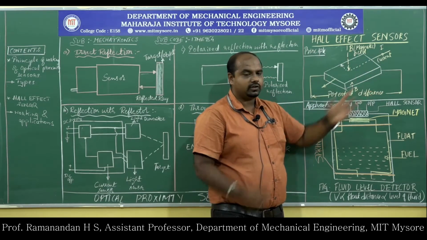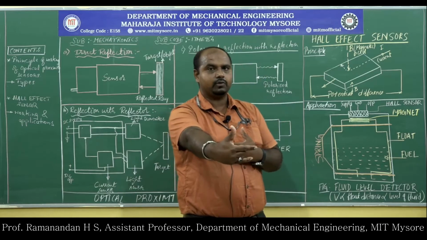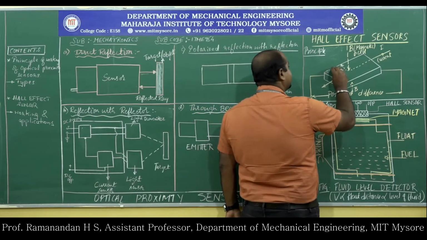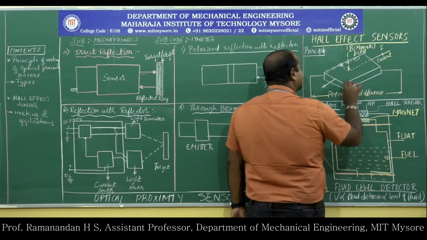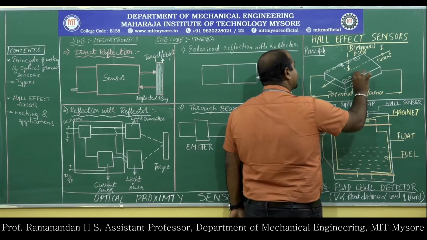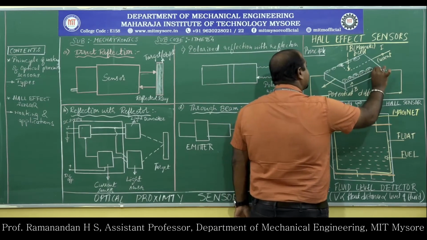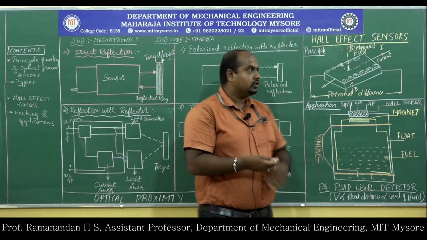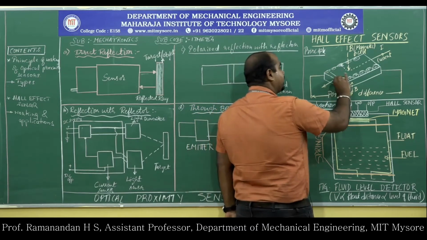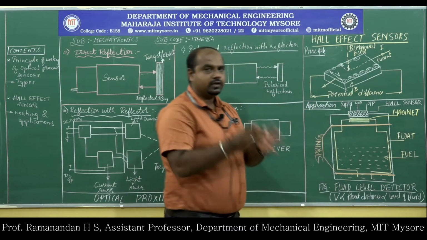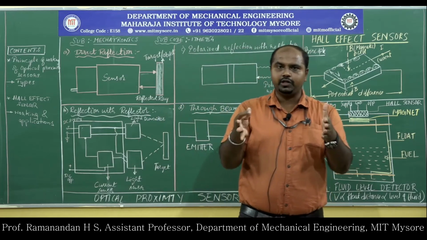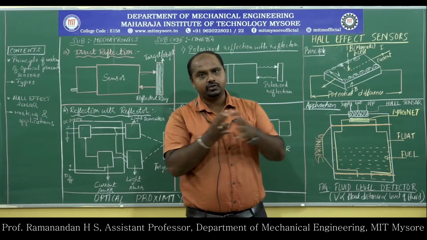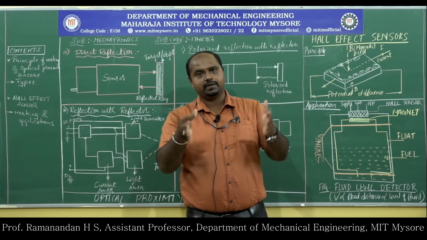So that causes maximum potential to deposit at one end, and the other potential starts depositing at the other end. If the negative charges get deposited here, the positive charges start to deposit at the other end of the conductor. This causes the potential difference V between the charge distribution. The charge distribution will be very strong, so there is a strong potential difference between these two accumulated charges at both ends of the conductor.